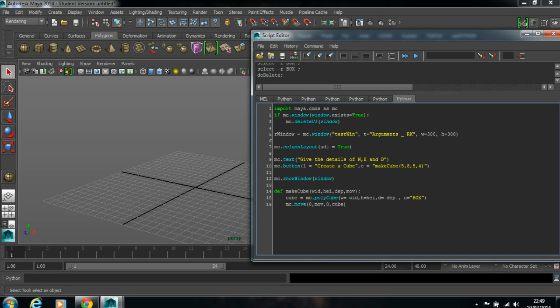I'm just changing it because now it's R window, that is radius window. Paste it, paste it. I'm just changing it because I don't want it to clash with